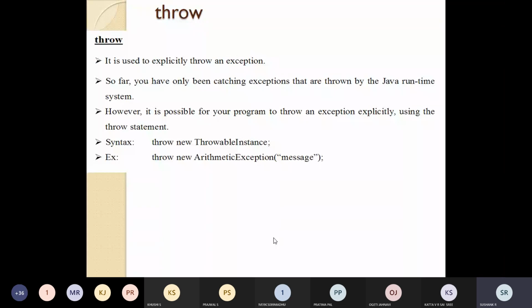So far, the Java runtime system was throwing the exception, and we were catching that. Now you can also throw the exception by using throw new, the throwable instance. That should be an object of a class called throwable, or a subclass of throwable.